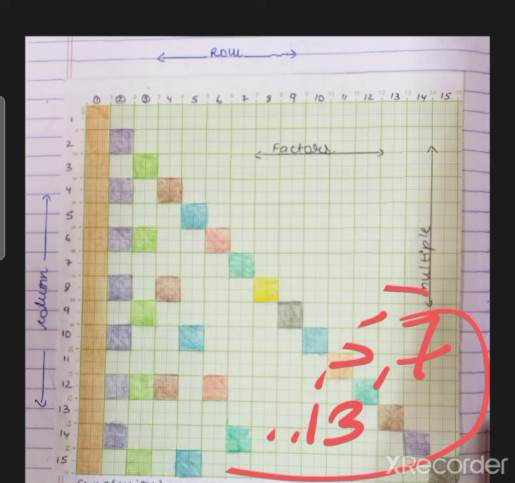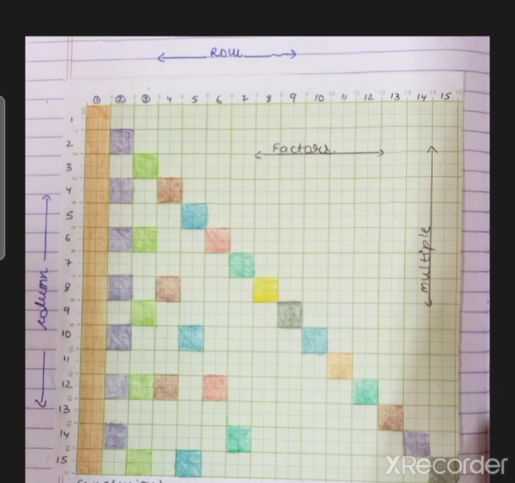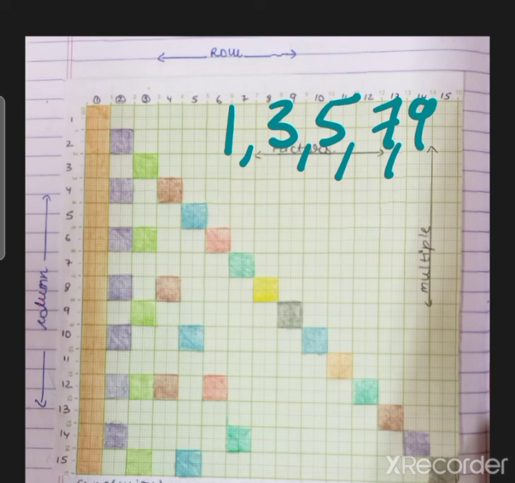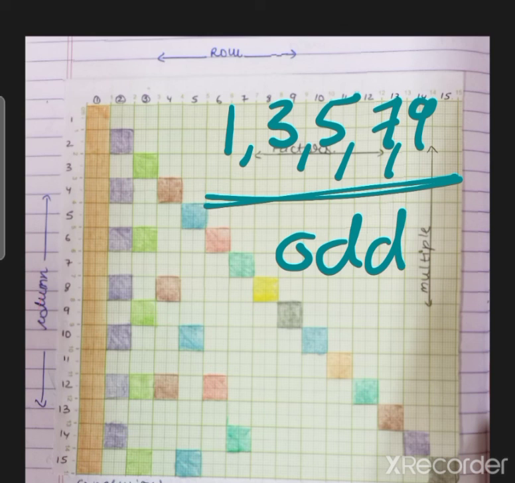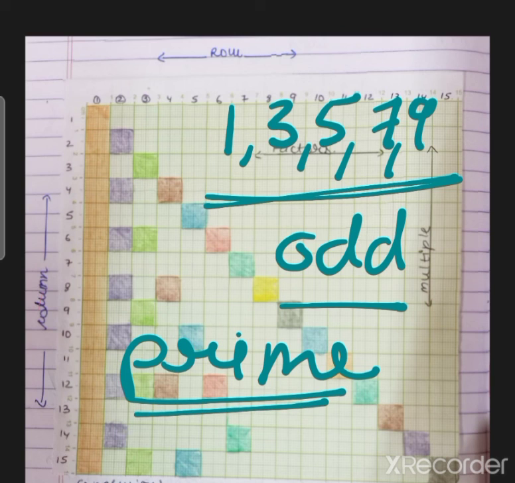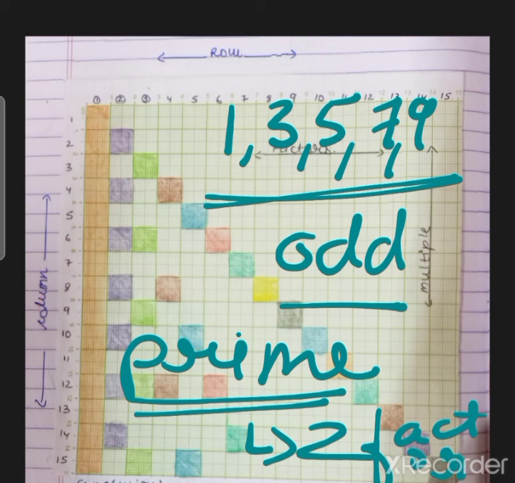Now children, never ever get confused between a prime number and an odd number. Why so? Please see this. What is an odd number? An odd number is one whose ones place, or the last digit, is 1, 3, 5, 7, 9. These are our odd numbers. Whenever we talk about prime numbers, you always remember it like this, that there are only two factors. How many factors? There are only two factors. I hope that you have understood.